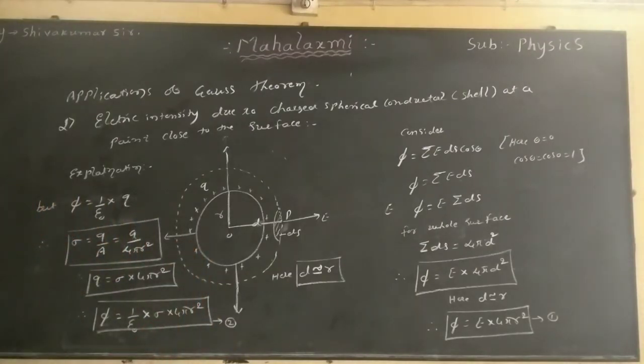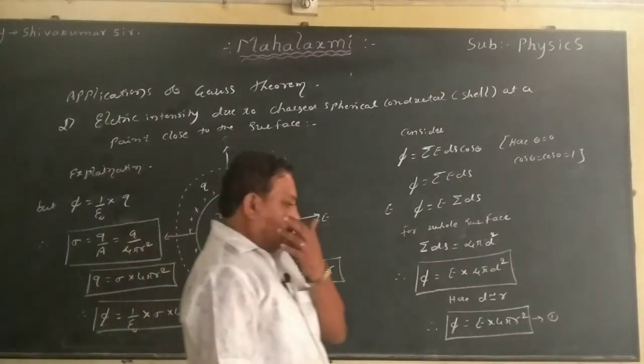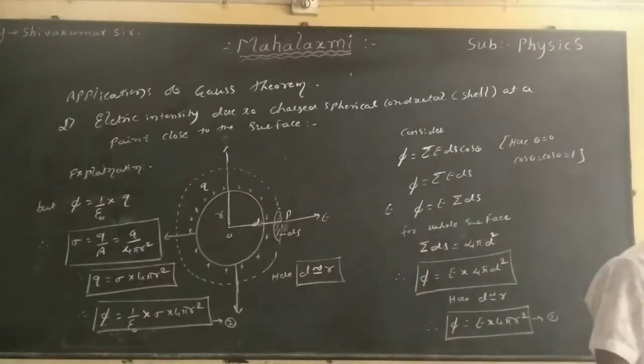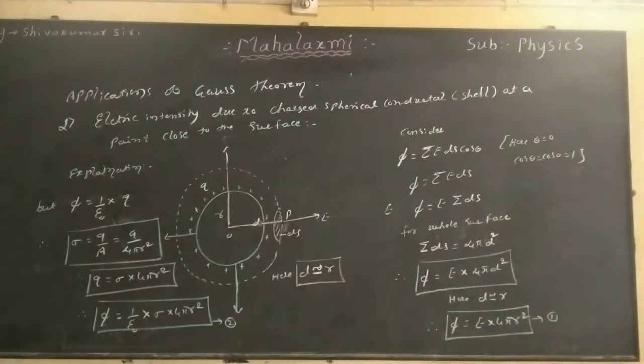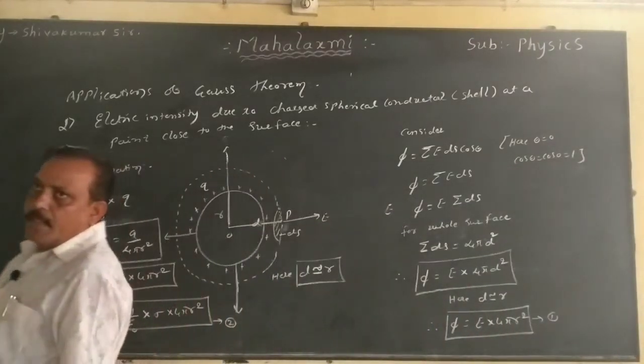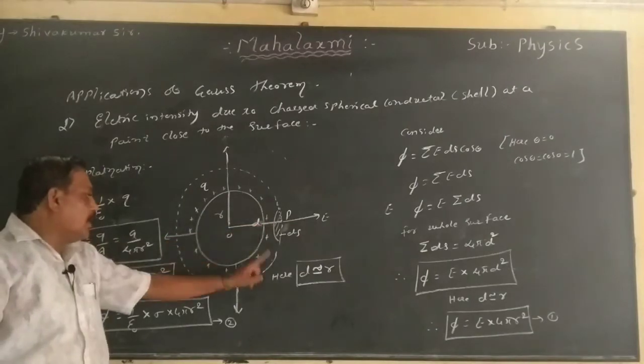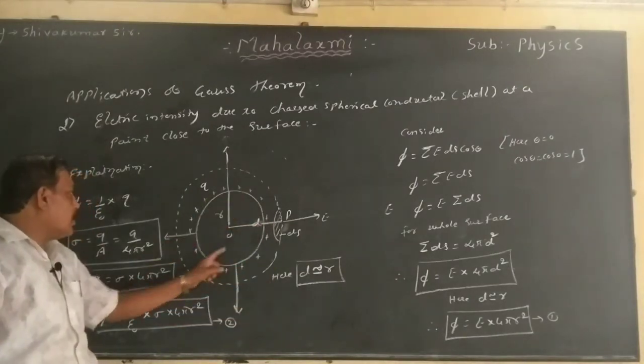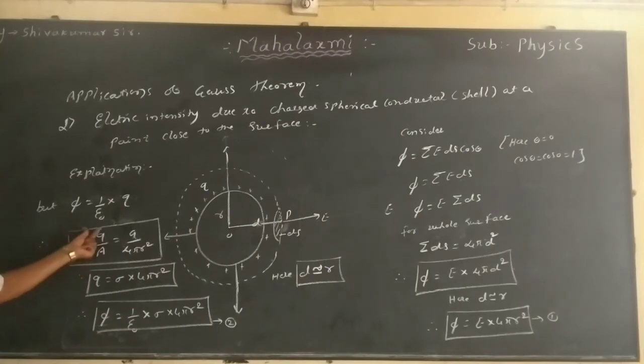You glance at the steps clearly. Whatever derivation we have done earlier, 50% of the derivation is as it is. The only thing we have substituted is d nearly equal to r, replacing d by r. Then we come across Gauss theorem. When the point is very close to the surface, that is d nearly equal to r, we bother about the distribution of the charges, that is the surface density of the charge, sigma equals charge per unit area. That area is the surface area of the sphere, 4 pi r square. Then I need q equals sigma into 4 pi r square. I substitute here. I call it equation number 2.